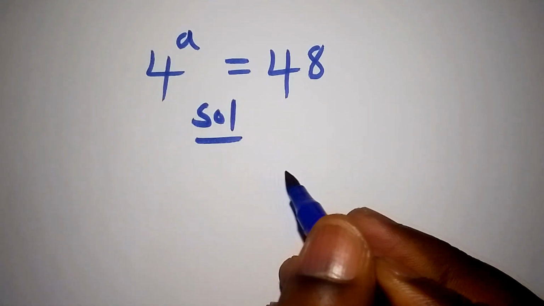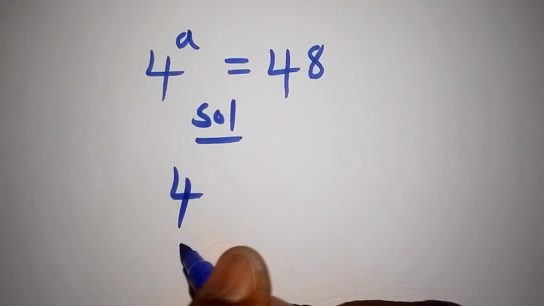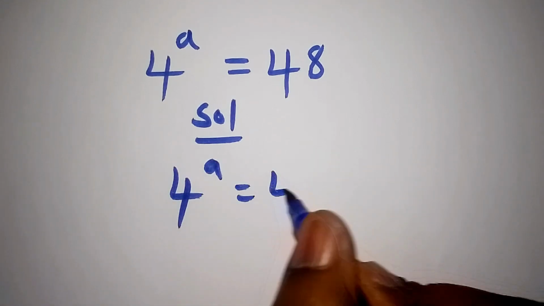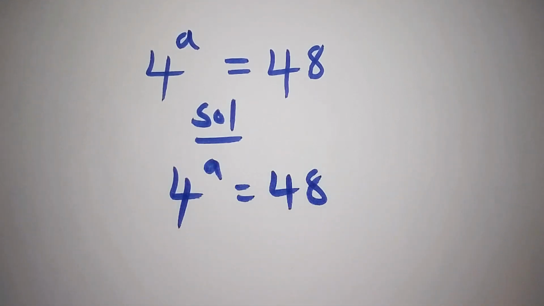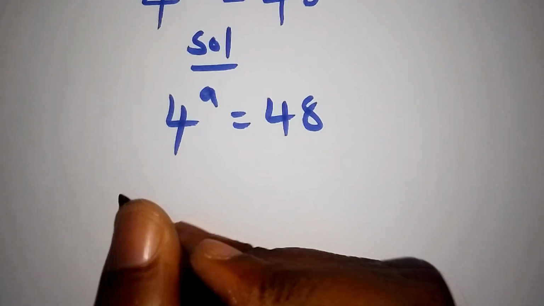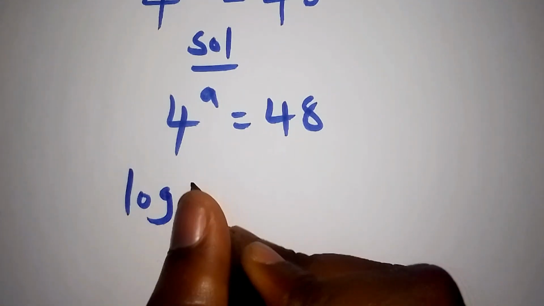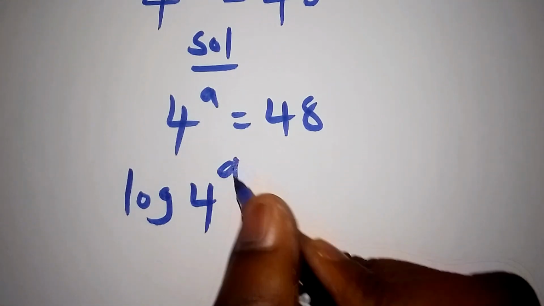On the solution part, this one is what we have. We have 4 to the power of a equals 48. How do we go about this simple maths problem? This is the trick on solving it. Let's now introduce the log on both sides. In that case, we shall have the log of 4 to the power of a equals